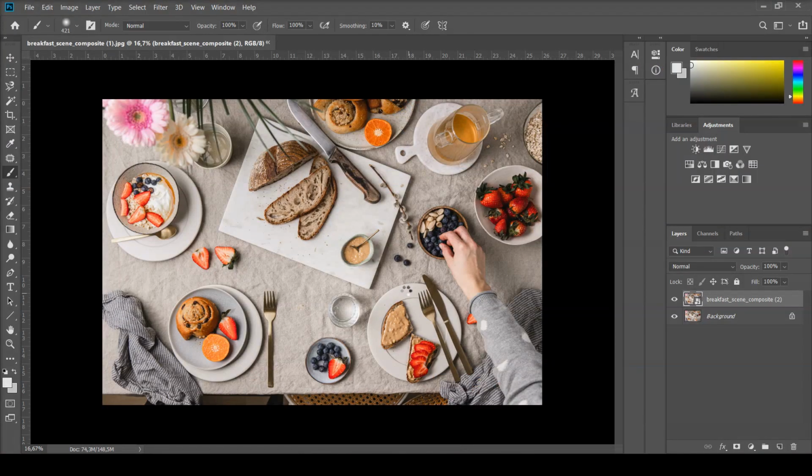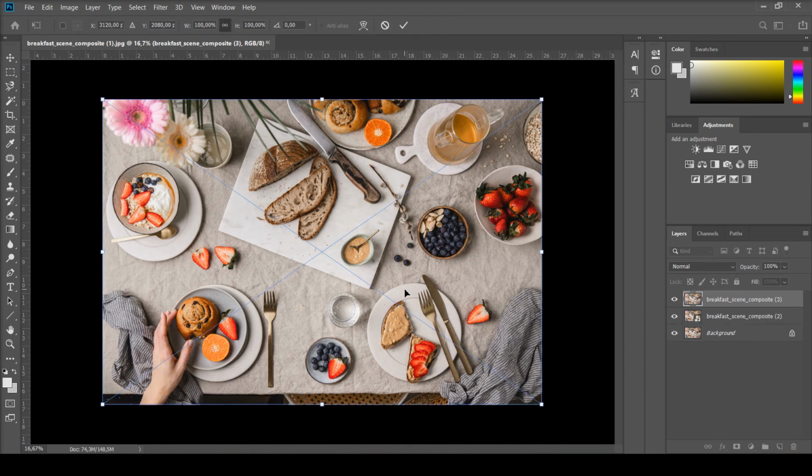I just drag and drop it in Photoshop. So the hand is now here, but there's no hand here, right? That's because I placed an image on top of that first image with the hand. So what I do right now is I select this layer with the second hand, and then I go down